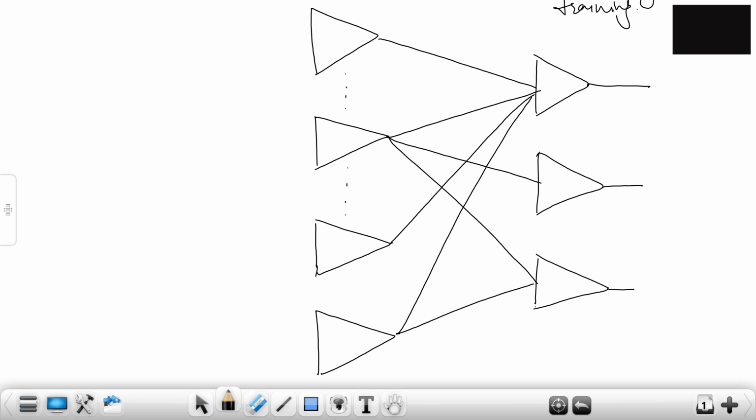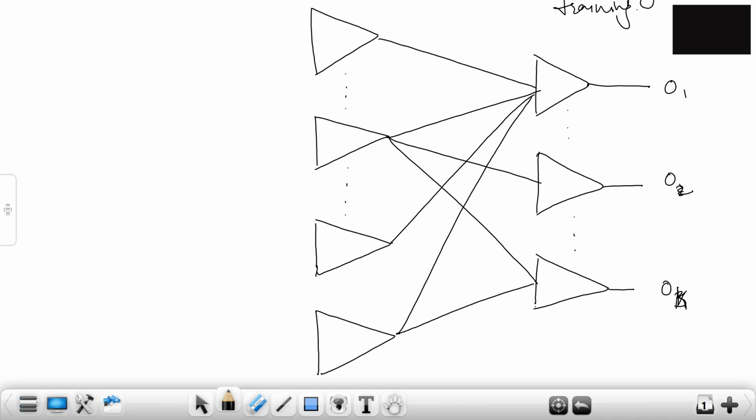The last layer over here is the output layer. Outputs are O1, O2 and O3. There are three neurons over here. Okay, not say three neurons. Obviously they are continuous, so they are many. Right? Okay, let's say K neurons. Here let's say it is somewhere in between, not 2, something else.